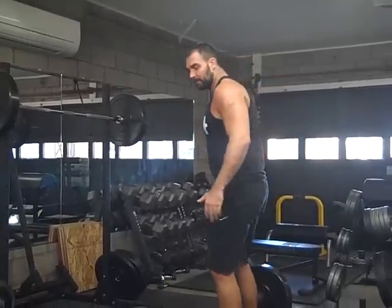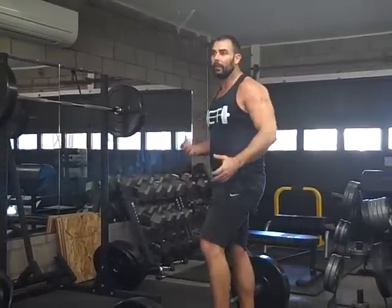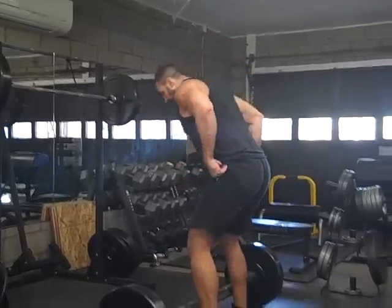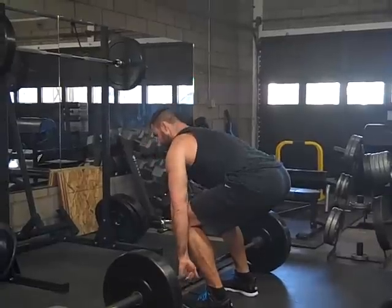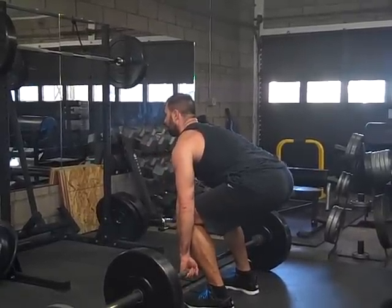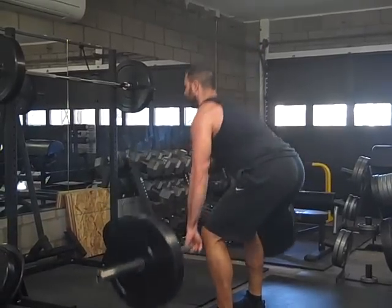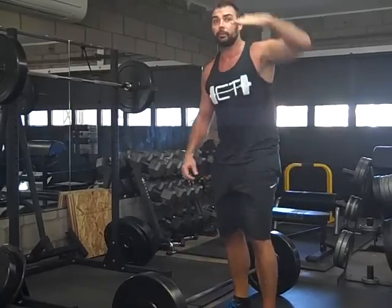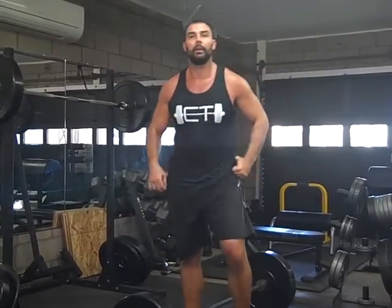So the safest way, and the way you're using the most muscle and not relying on the ligaments and things like that, is to set up, chest up, drop the hips a little bit, pull tight, and then like this. So this way, you're not letting the hips shoot up, you're not rounding the back. So it all boils down to this. Is your goal to lift the most weight possible, or is it to work your muscles and look